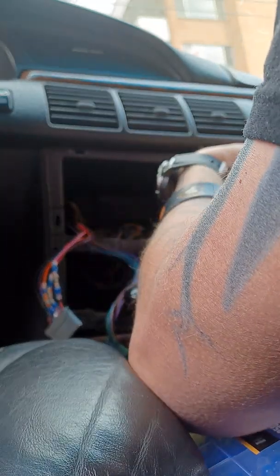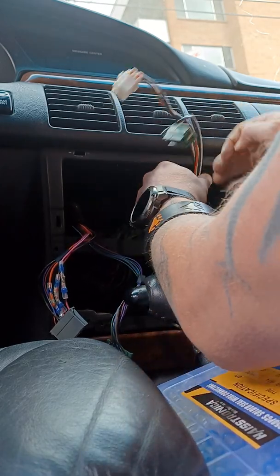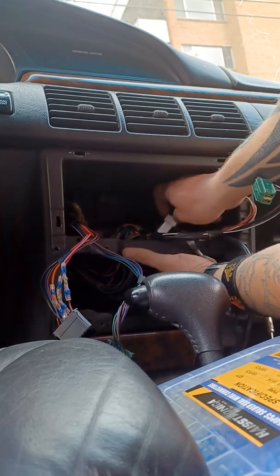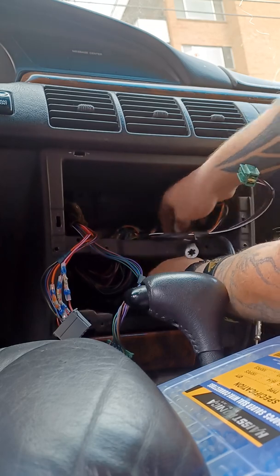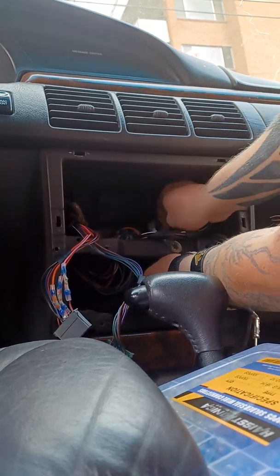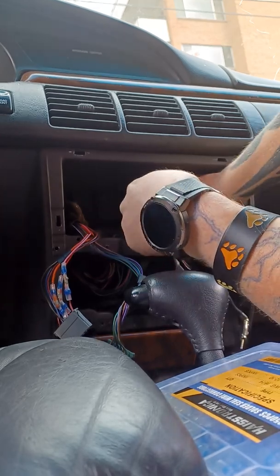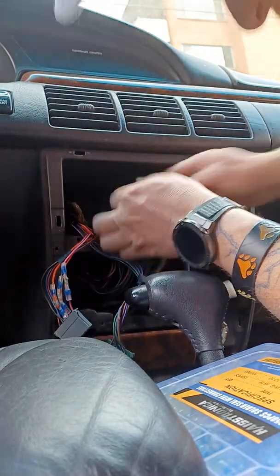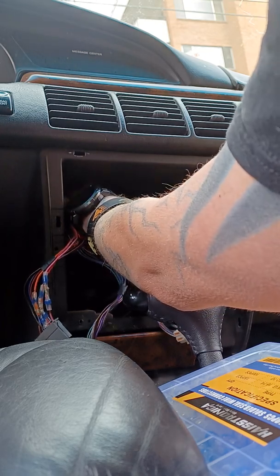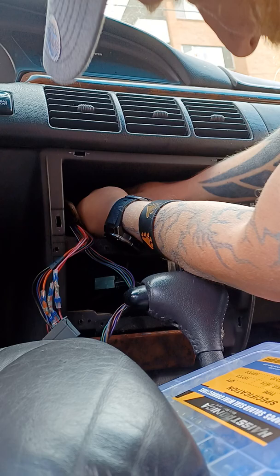And then I pulled these through to make it easier, and I was tracing wires back. I also have noticed there's a ground that is not connected, and I assume that goes to the back of the radio. For some reason, it's a Chrysler, so who the hell knows what Chrysler did, but I believe the harness goes that way, and then